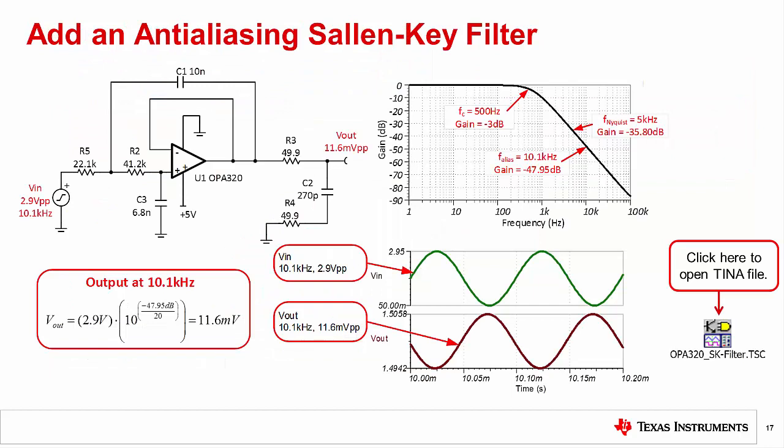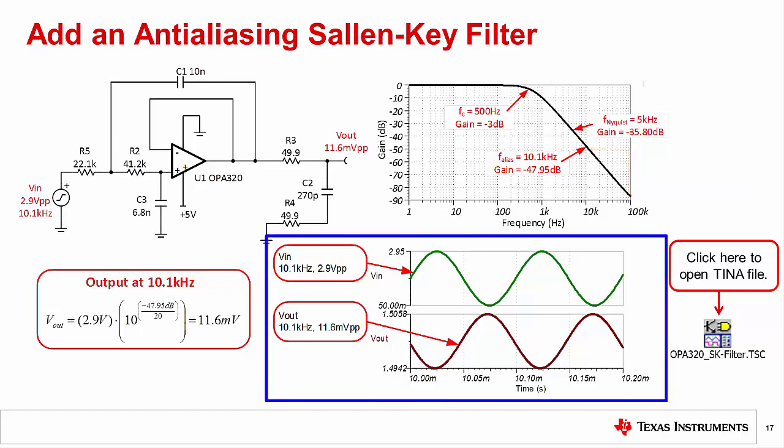This slide shows the TinaSpice frequency response for the filter that we designed using Filter Pro. Note that the cutoff frequency is at 500 Hz as expected. You can also see that the roll-off is at 40 dB per decade, which is what you would expect for a second-order filter. Finally, we show the results for a transient simulation for a 2.9 volt peak-to-peak signal at 10.1